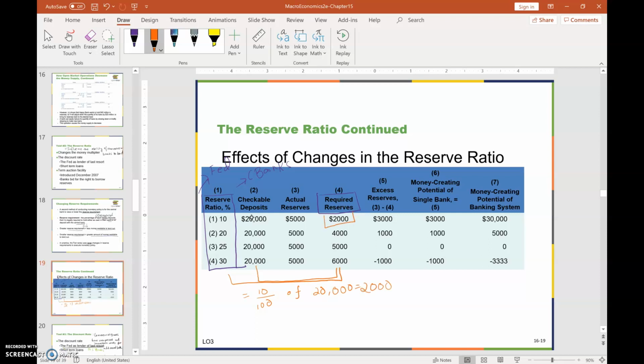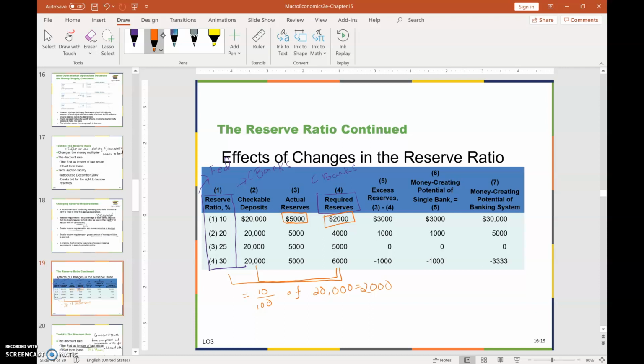That's where this 2,000 comes from. Required reserves is something the commercial banks need to hold with the Federal Reserve Banks. But if we look at the numbers here, looks like instead of holding $2,000, the commercial banks have an actual reserves of